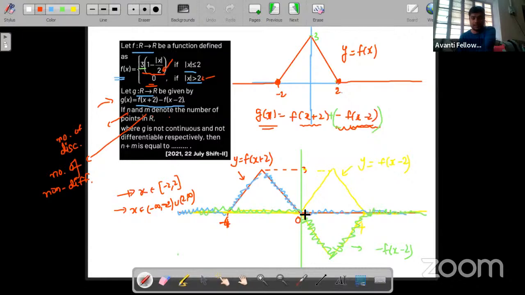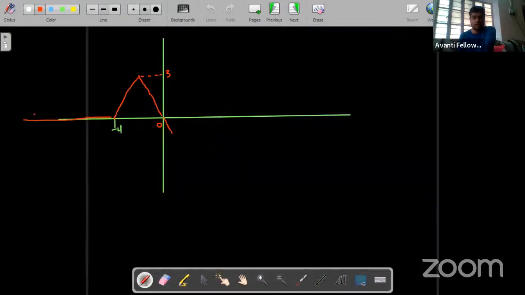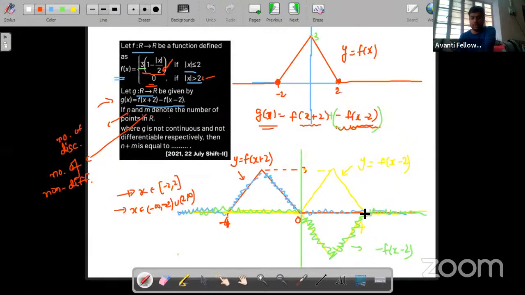Now, after this, what is f(x) plus 2 here? Here it is 0. So this value is 0. 0 plus this graph. This graph is the below graph. So we will draw a below triangle because 0 plus something is that value. So here we will draw a below triangle. This value is 4. This value is -3. Now after 4, what is the blue graph? The blue graph is 0. Means the first function is 0. 0 plus.